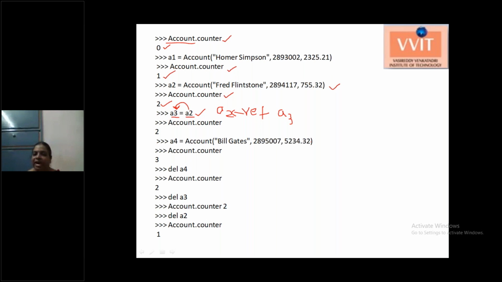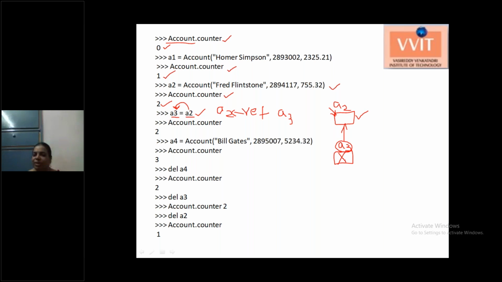So it doesn't have any separate memory space. In the memory, a2 is already created. For the same memory space, a3 is referred. That is, a3 doesn't have any separate memory allocation. It just assigns a separate name for the a2 memory block. So we have two names for it, one is a2 and another one is a3. They are two names for the same memory block.